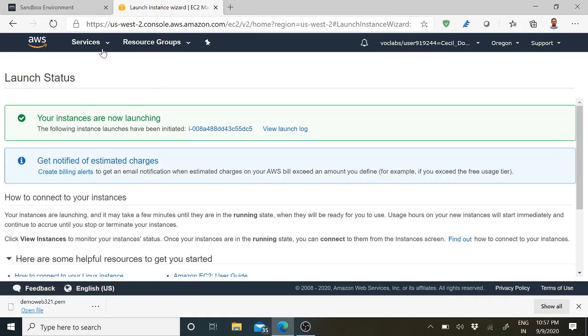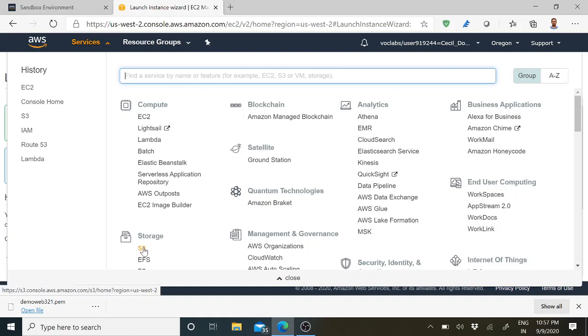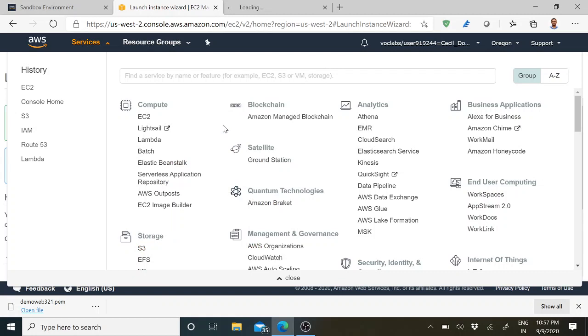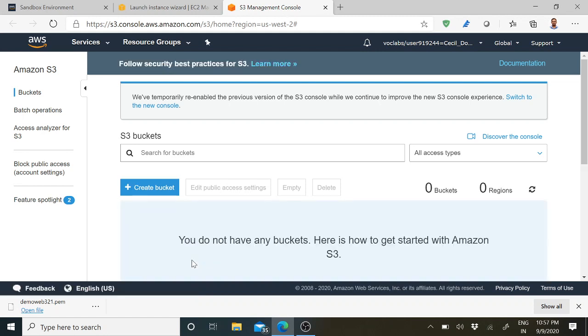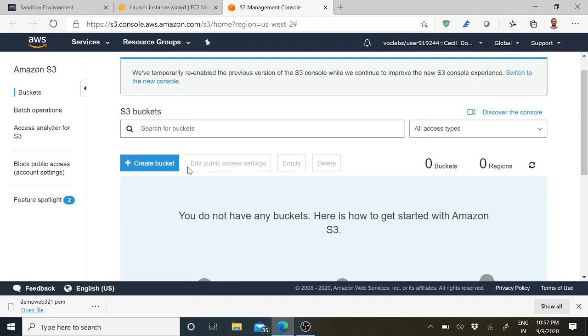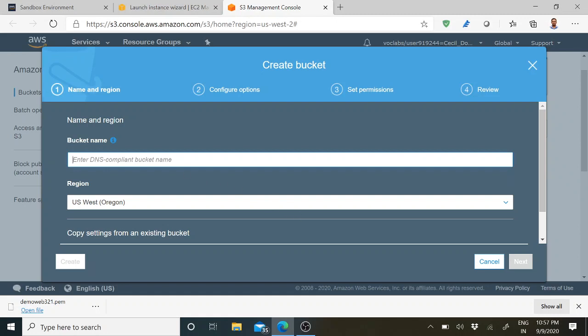Simultaneously, okay, what you can do, you just select services. That is a second major step. You have to create a bucket and you have to put all your web files. So for that, you have to select the S3. I'll open it in the new tab. So your S3 console will be opened in the new tab and there you have to create a bucket. So for that, you will find a button called create bucket. You just select that and give some name and the name should be unique.